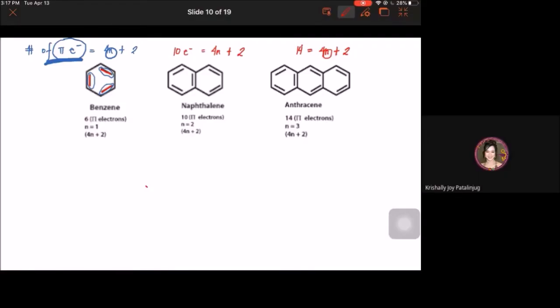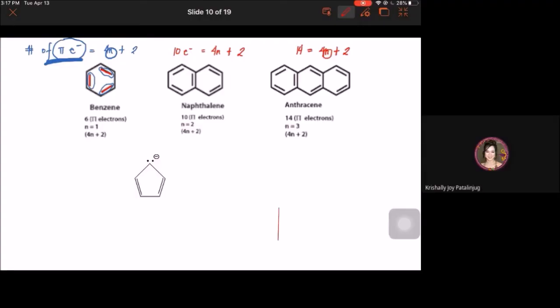Now, let's try Huckel's rule. Before we proceed to determining if it follows Huckel's rule for a heterocyclic ring, a homocyclic ring but with a lone pair. Okay? A heterocyclic ring with a lone pair. So, no problem. This is the one I gave earlier, right? It fits criteria number 1, 2, 3, the considerations for aromaticity. Because all atoms should be sp2 hybridized, right?